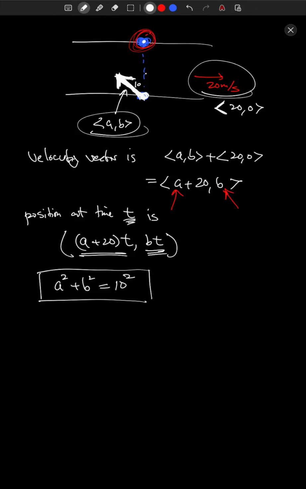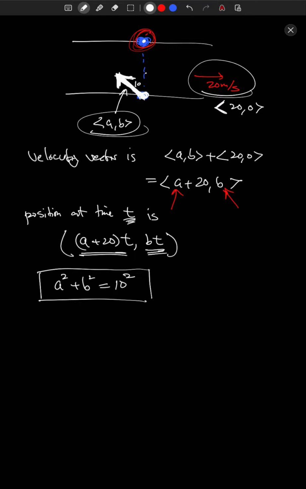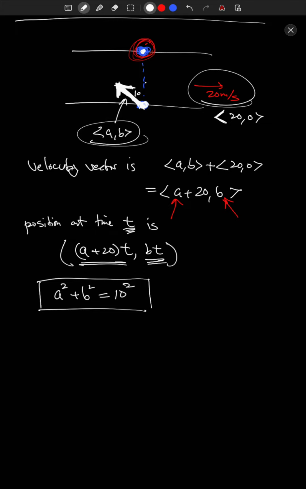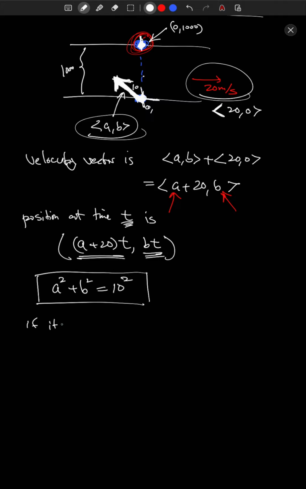So the other bit of information relevant to this problem is that we want to reach the other end at exactly this position right there, right? If we're using coordinates, this position is 0, comma 0, the origin, then that position right there, we said our river was 1,000 meters wide, is 0, comma 1,000, right? And so if it takes time capital T to get to the other side,